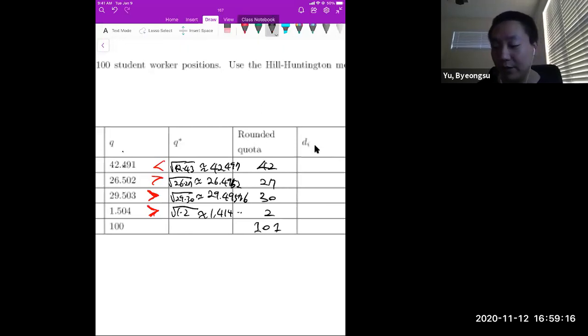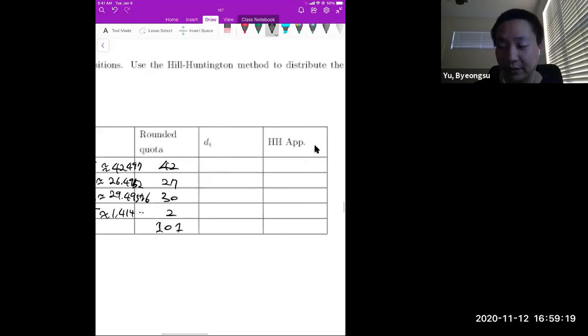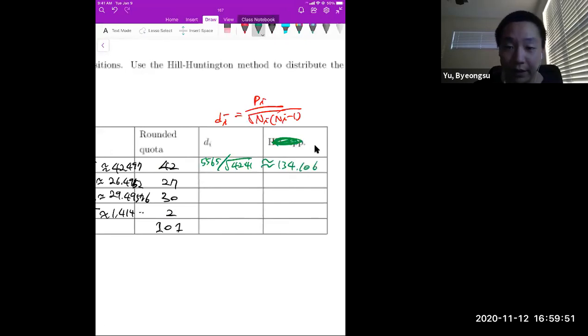So we need to reduce one seat from this Hill-Huntington method. So we need to calculate di minus, and di minus is the population of i over the square root of apportionment times apportionment minus 1. So here, the first one should be 5565 over square root of 42 times 41. And this is almost the same as 134.106. And the next one should be 3471 divided by the square root of 27 times 26, which is almost the same as